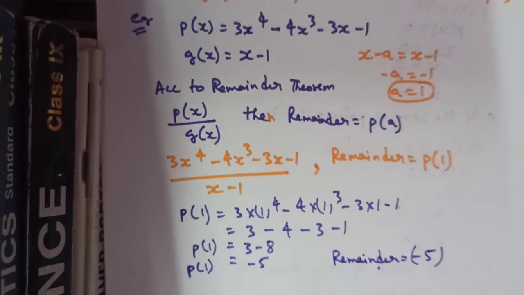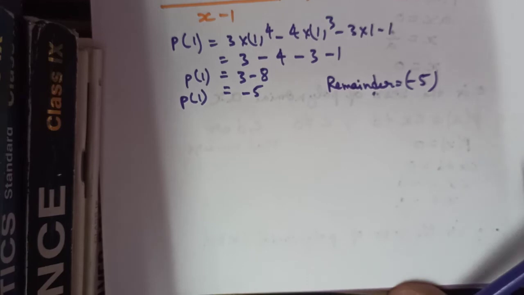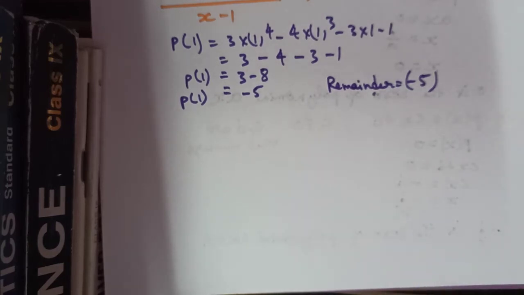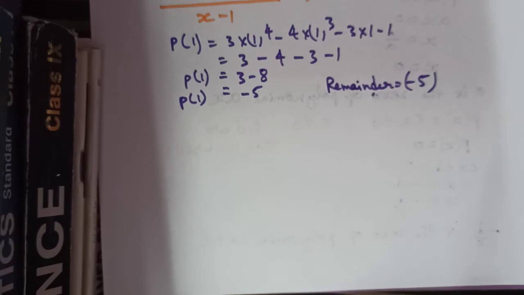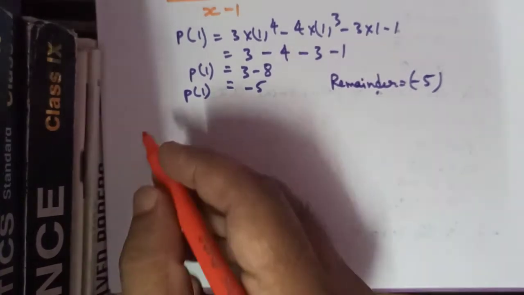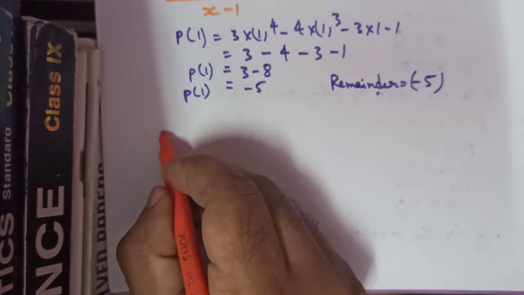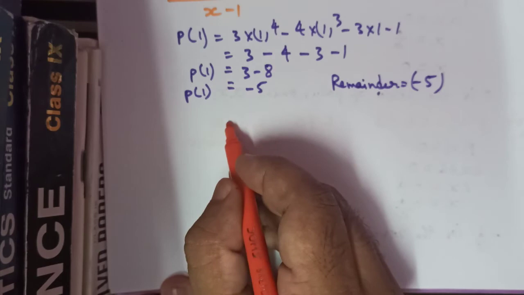Now let us check whether this remainder theorem is correct or not. Let us verify. How can we verify whether it is correct or not? As you have in your junior classes, you must have studied long division. So we can perform the long division to check whether the given polynomial is giving the remainder equal to minus 5 or not. So we will take the polynomial, the Px, as the dividend.